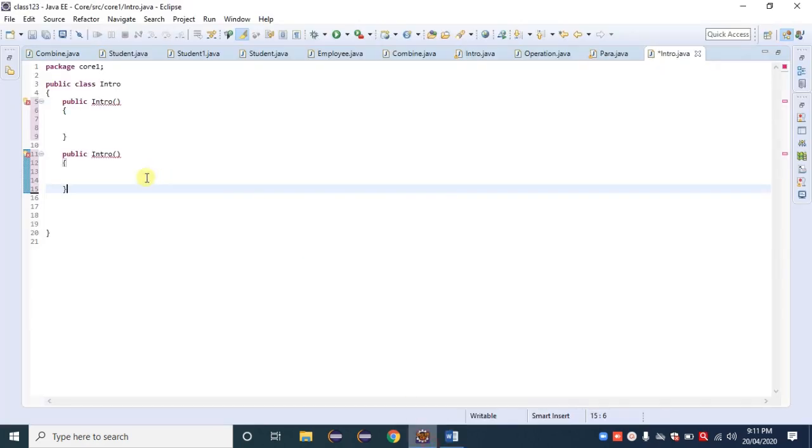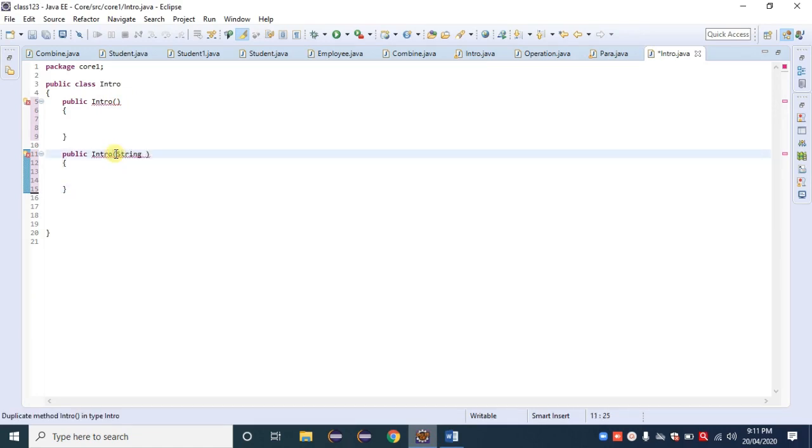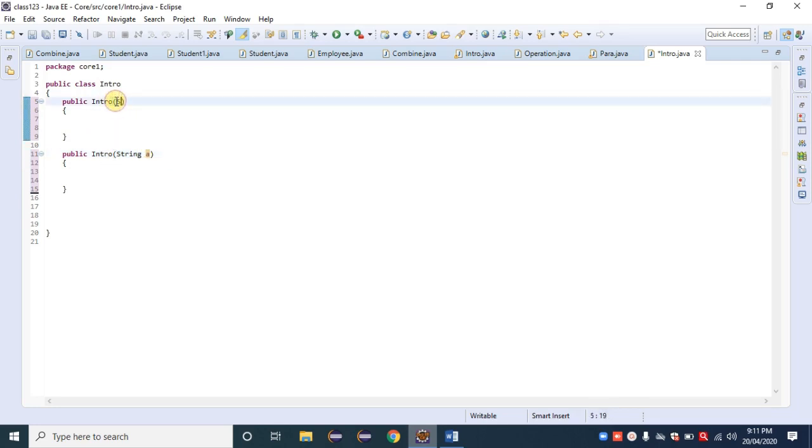So let's check. We are making right now here 0 argument, here again 0 argument. Let's change their argument. String A. Yes, we can create a number of constructors inside this. Only the arguments must be different. Suppose right now inside that 0 argument and inside that 1 argument. Suppose here also String A is available, so we get error. Suppose I change the variable name to B. We get error. Then what to do? Simply we can make a different argument by changing their data type.